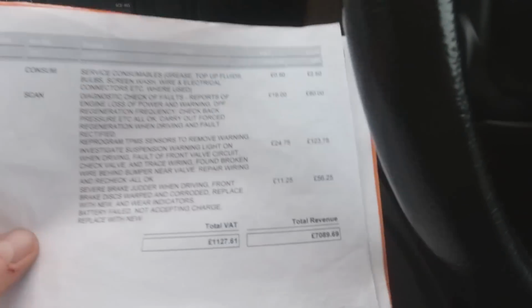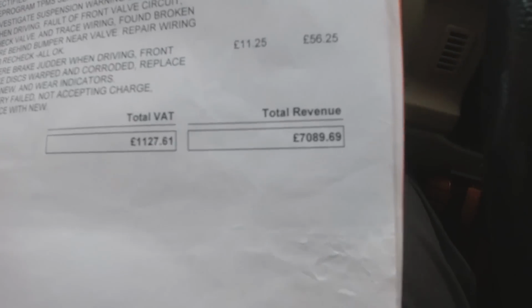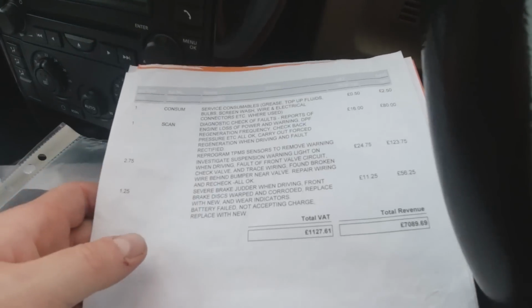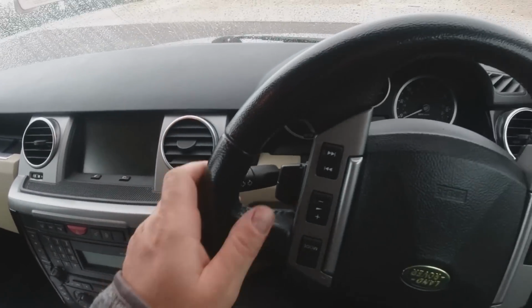This is the total bill. You ready? £7,089 spent on this a year ago. £7,000 spent on it a year ago. Holy moly. So